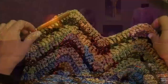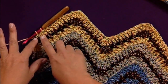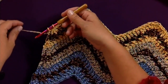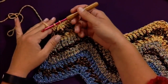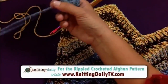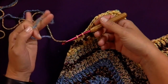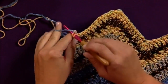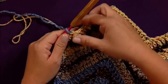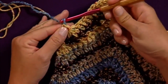First, I wanted to point out that when you finish the end of the last row you've worked and you're on the last stitch of that given color, you're not going to finish the last step of the stitch, which on this double crochet would be to yarn over and pull through 2. What you'll do is do that very last step of the last stitch with your new color that's going to be worked on the coming row. So we're going to pull through 2, and you'll see that gives you that top stitch that you need for that double crochet, but gives you the yarn ready to go for the next stitch on the next